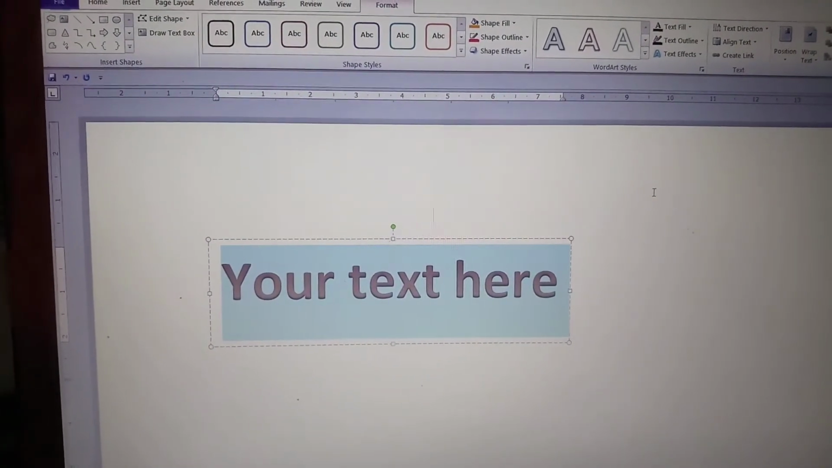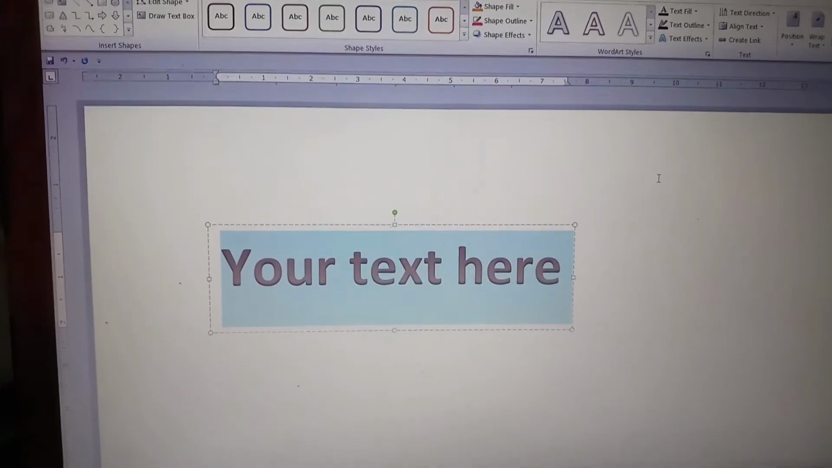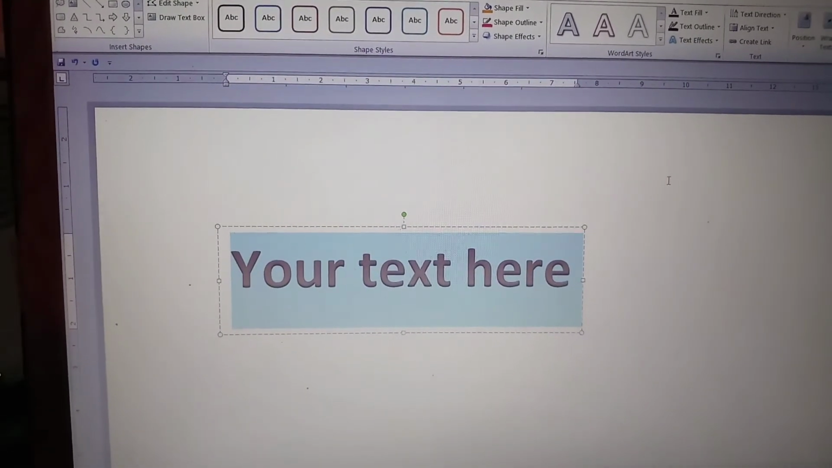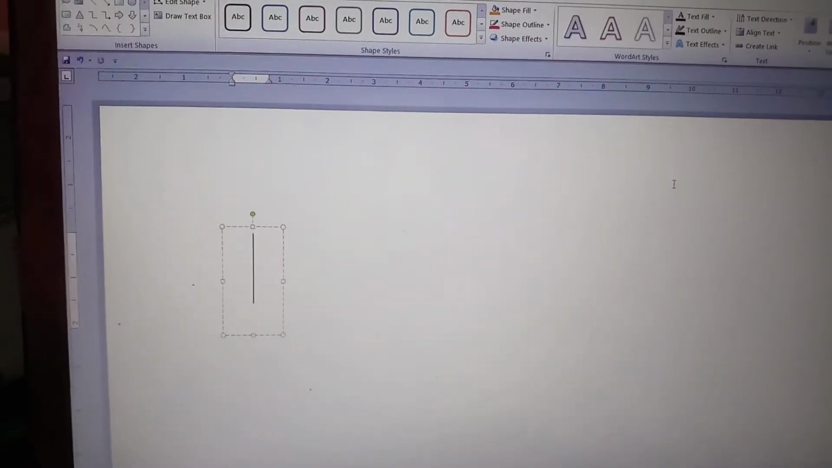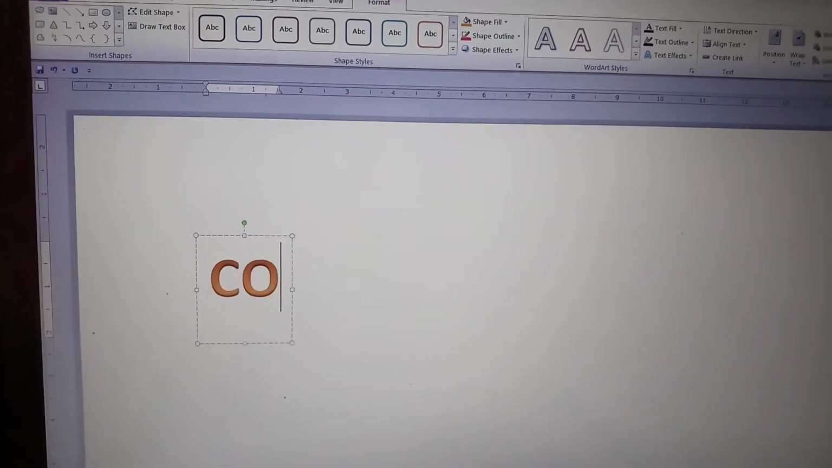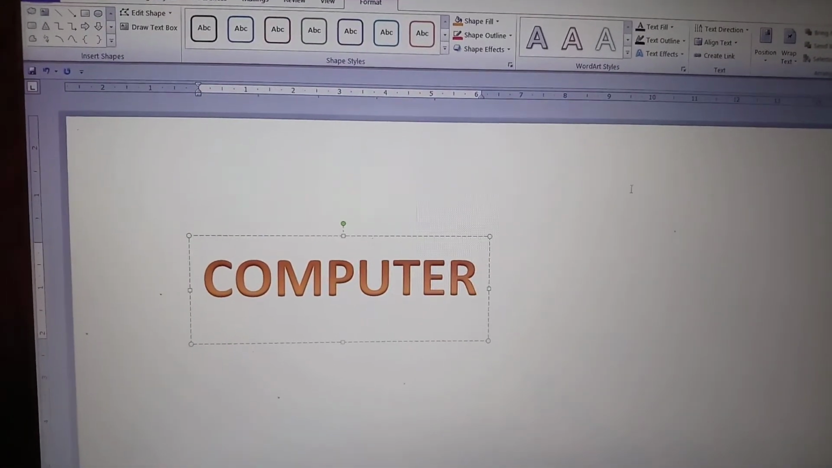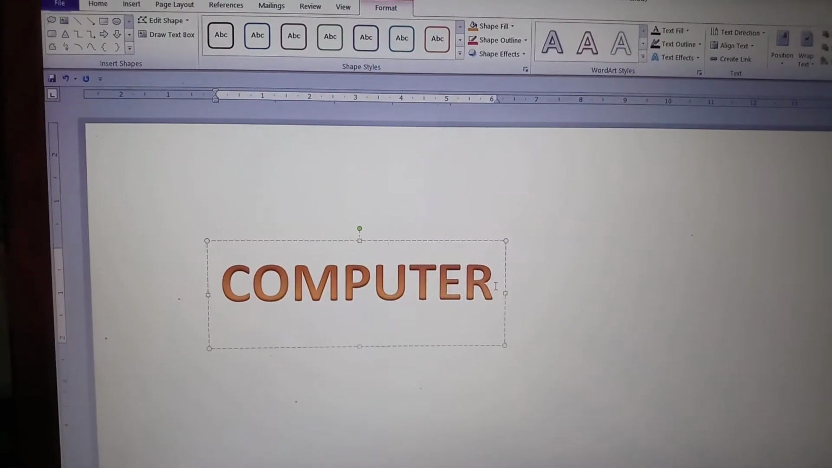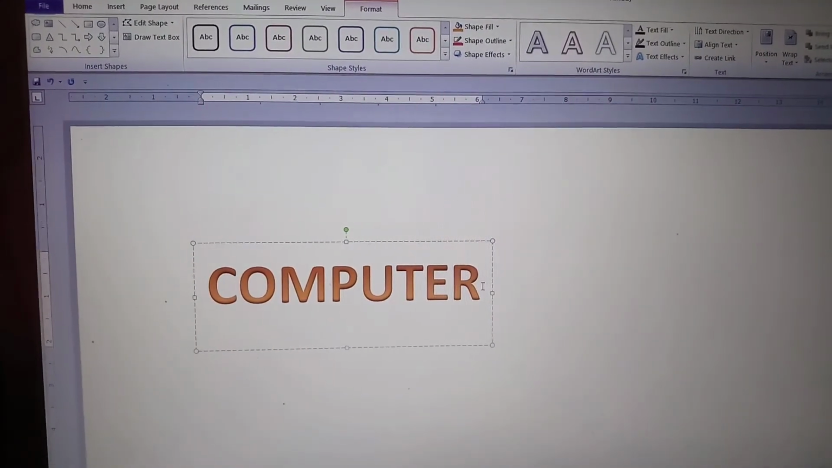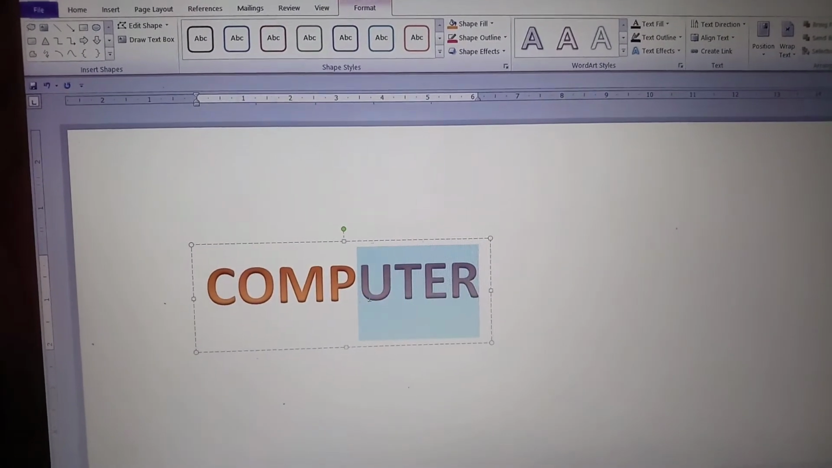As you click on it, you will get a message, "Your text here." You can remove this text by pressing the backspace key or the delete key and you can write your own text. As I am writing computer here. Now after it, we can change the color of this text later by selecting the text